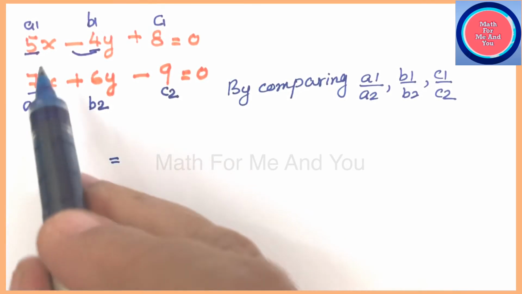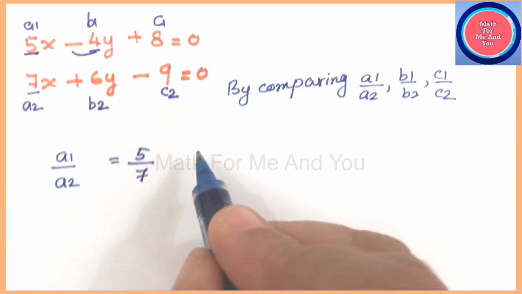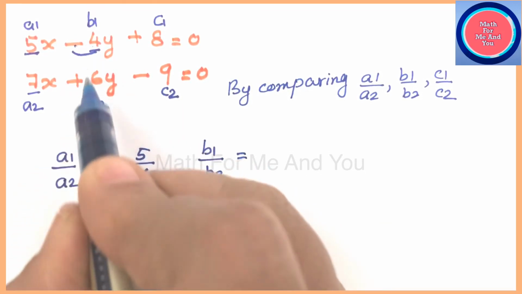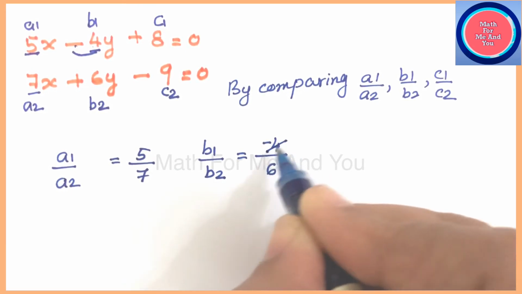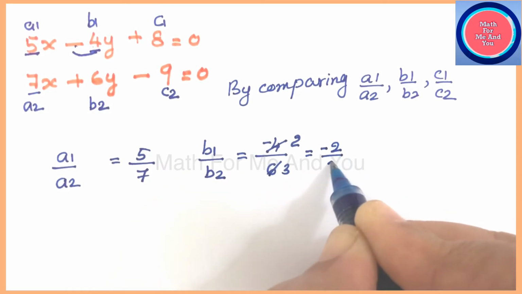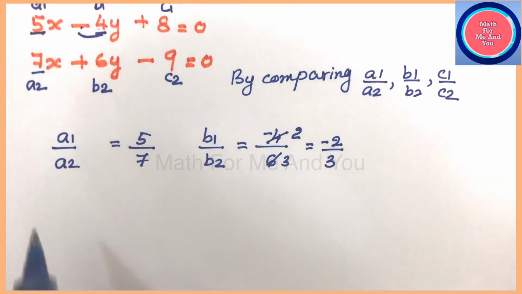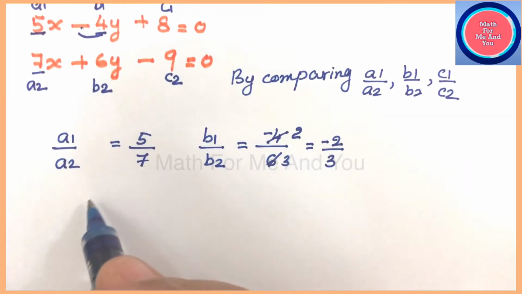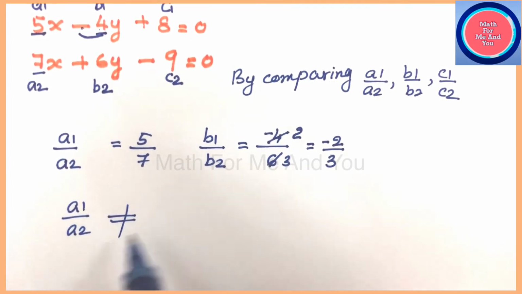We find first a1 by a2, ratio of coefficients of x, 5/7. There is no common number, so we can keep same like that. After that, b1 by b2, it is -4/6. And negative the value, 4 and 6 cancel, we get 2/3. So we get the value -2/3. Then we can compare this. Here the a1 by a2 not equal to b1 by b2. And c1 by c2 no need to look because the first condition itself satisfying a1 by a2 not equal to